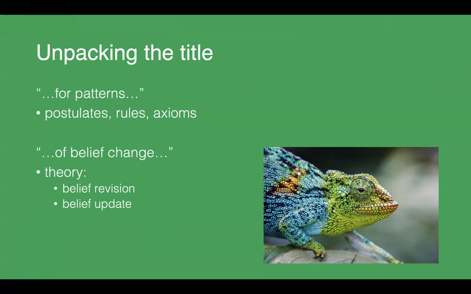And belief change in artificial intelligence can be thought of in terms of two frameworks. The first is that of belief revision, and the second is that of belief update. So when we think of belief change, we think of reasoning. We think of having a set of information from which we make some inference. And when we receive new information, this may mean we need to change our previous inference to accommodate this new